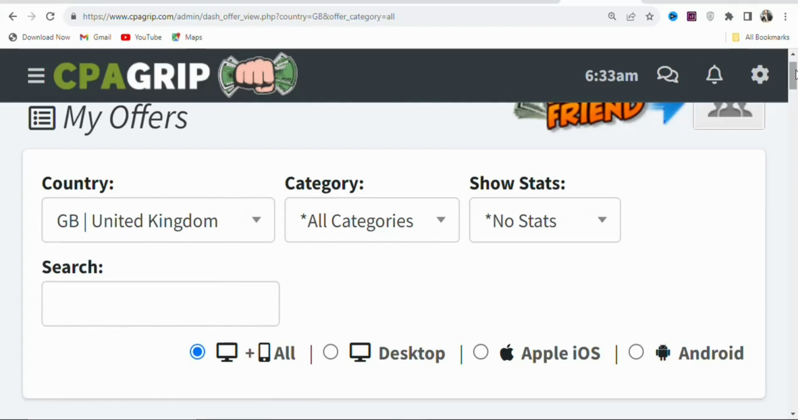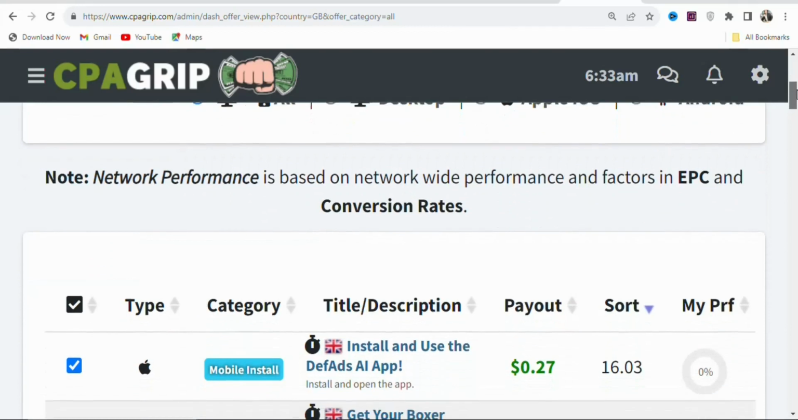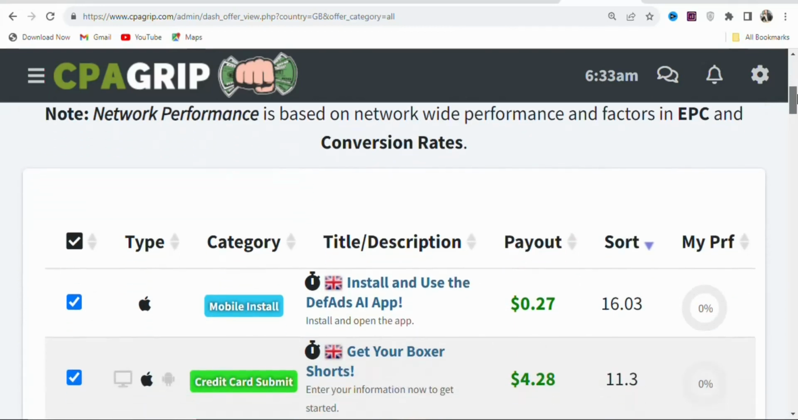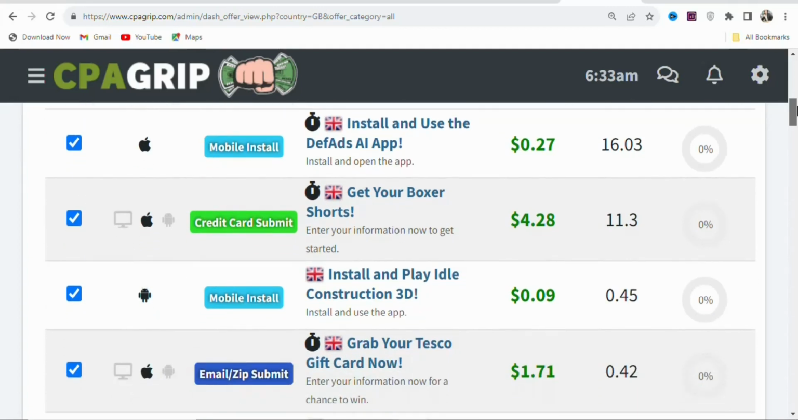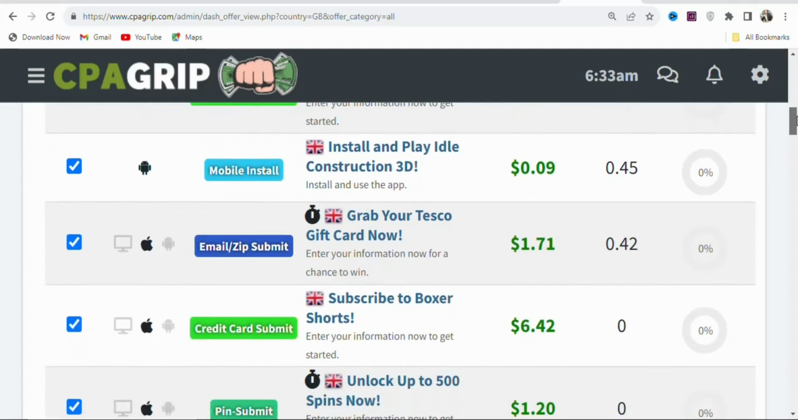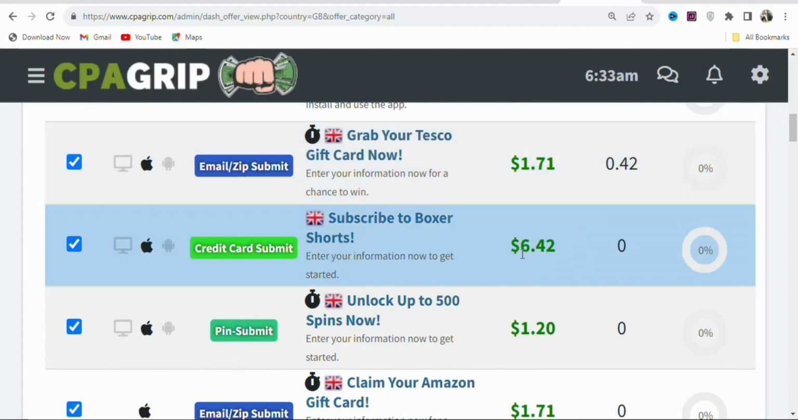So once you select the country, you have to scroll down so that you can find an offer to promote. As I scroll, you can see these are different offers that you can promote to people who live in the United Kingdom. You can see a whole lot of them. This offer right here, the payout is $6.42. So you have to get people who live in the United Kingdom to enter their credit card details so that they can subscribe to Boxer Shorts, and you are going to be earning